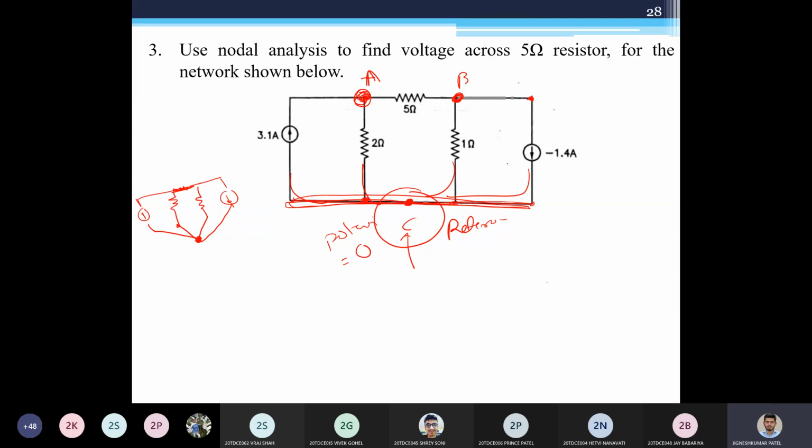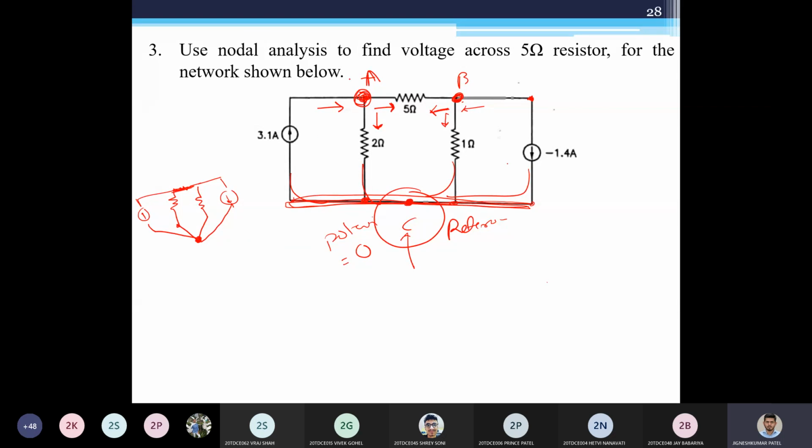Now this first step is over. I have completed it, and found all my nodes. Now the second step is to apply KCL at node A and node B. But before applying KCL, I must find out the direction of the currents. I have to assume that. So let us say I'm assuming the direction. This is the incoming direction. I'm assuming this; you can assume it in the reverse direction. Based on your assumption, you are going to write the equation. So I assume it like this. From this node, I'm going out like this, and in from here.